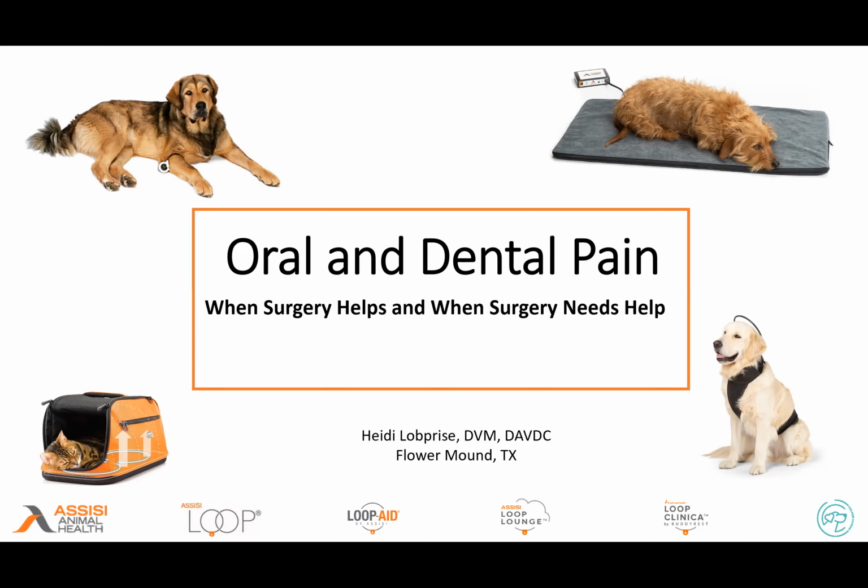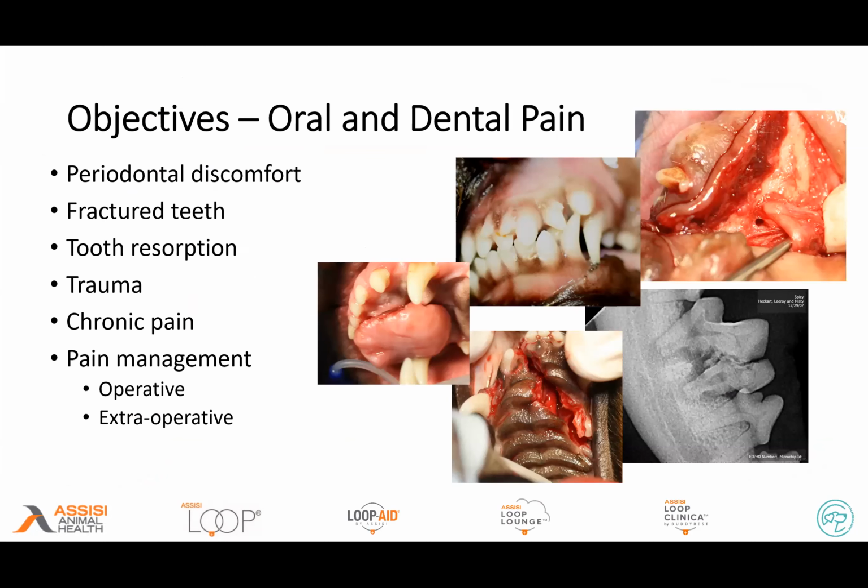What we know about oral and dental pain is that so many times when we have these dental issues, there's also going to be pain involved. This pain may be from the disease itself, the discomfort from periodontal disease and loose teeth, although sometimes it can be very non-painful and still extreme. Certainly if we have fractured teeth, cats and dogs with tooth resorption will show discomfort. When we see trauma from broken teeth to broken jaws, and even as we're looking at some of the chronic pain issues we can see in some of these patients, the whole key is how are we going to manage